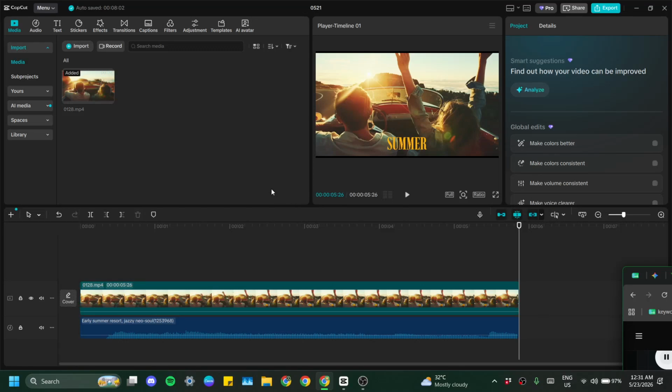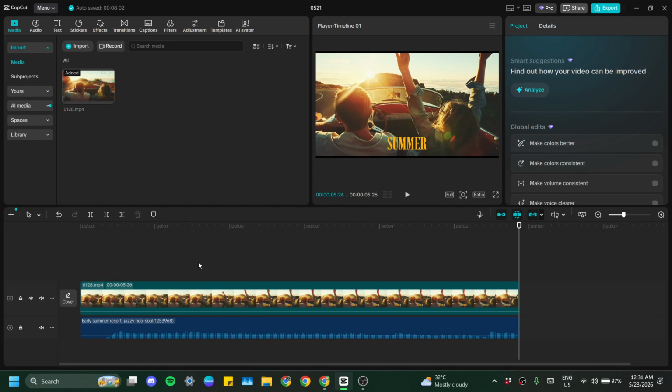In today's video, I'm going to teach you how to add shake effect in CapCut PC. If you want to inject energy into a clip or highlight a key moment with a jolt of movement, the built-in shake effect is a fast, reliable way to do it. I'll walk you through finding the effect, placing it correctly, and dialing in the settings so it feels polished rather